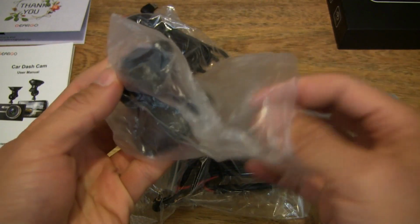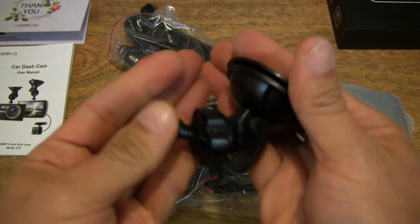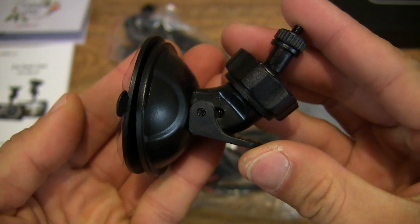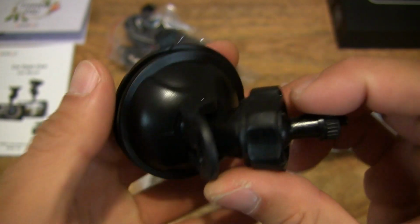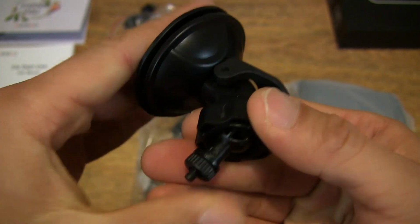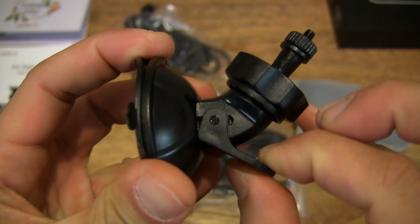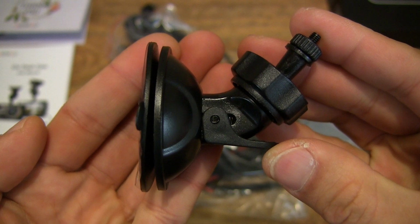Let's start off with the smallest item right here. So it appears to be a windscreen mount, suction cup mount. So giving you a close-up look right here with a rotatable ball right there. Always good to see as you mount it on your windscreen, and with good levels of adjustability with the tightening of the ball mount right there, and of course the lever to lock down the suction cup and release it